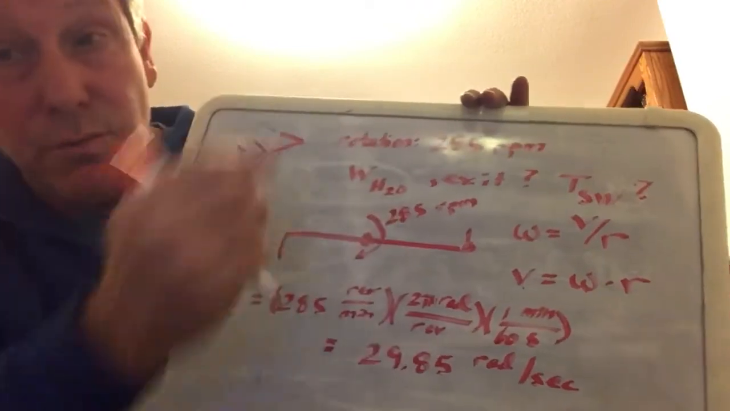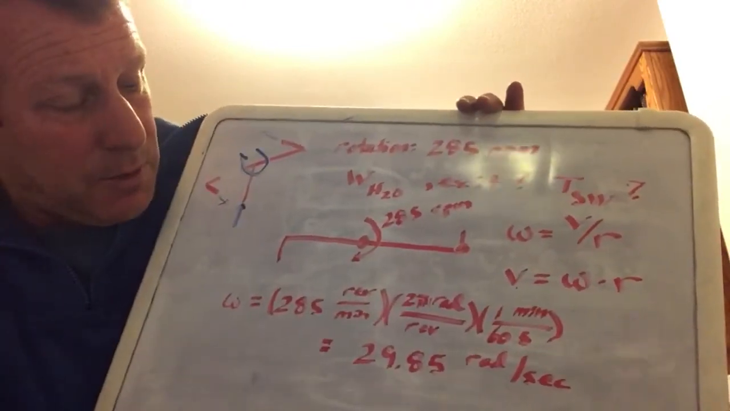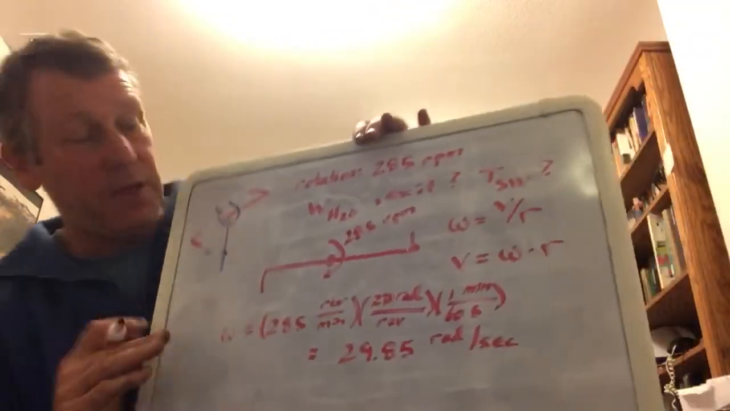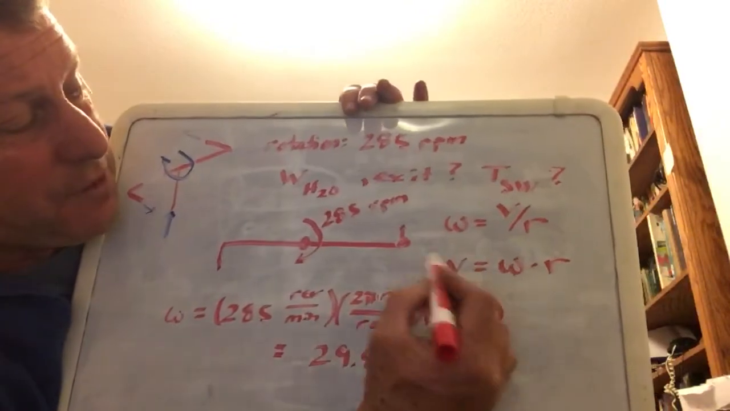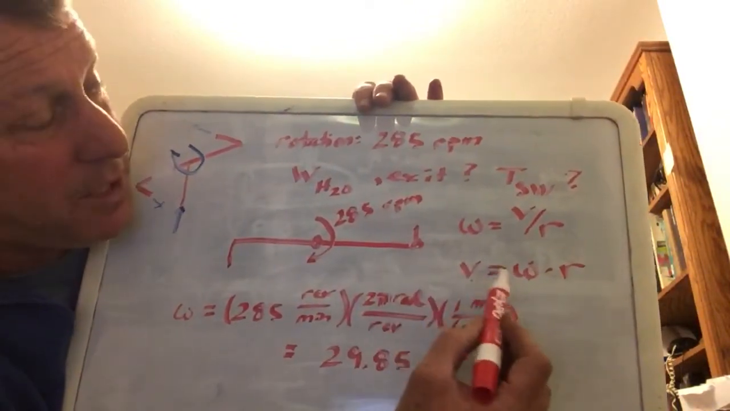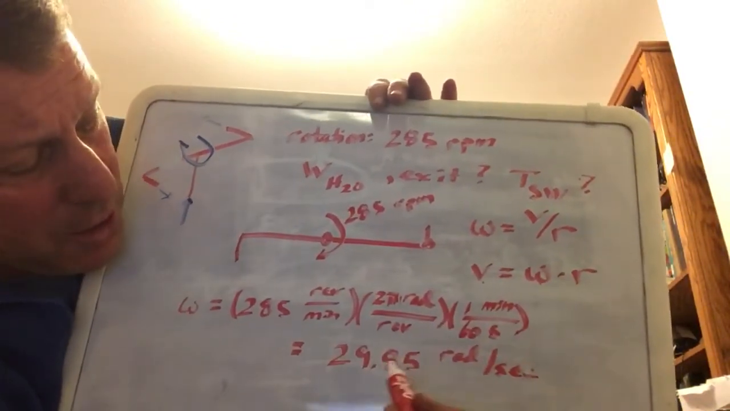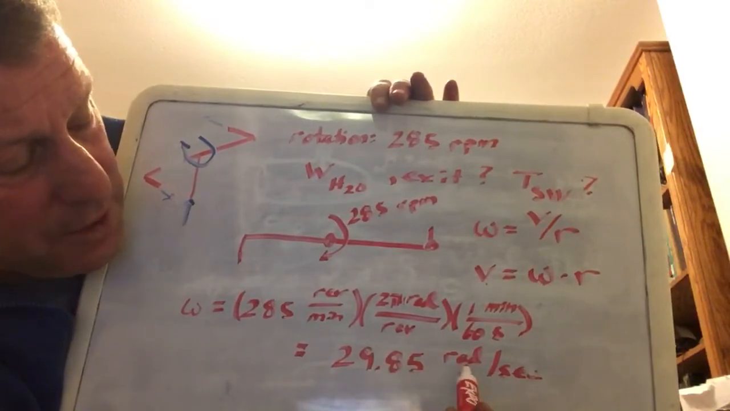Man, that thing is really, really turning. I'm going to check that number again just to make sure. So 285 times 2 times pi, that's 1,790 radians per minute, divided by 60. Yep. Okay, so then why did I do all that? I wanted to use this equation to figure out how fast that thing is moving. So I wanted to do omega times r. So that's going to be 29.85 radians per second